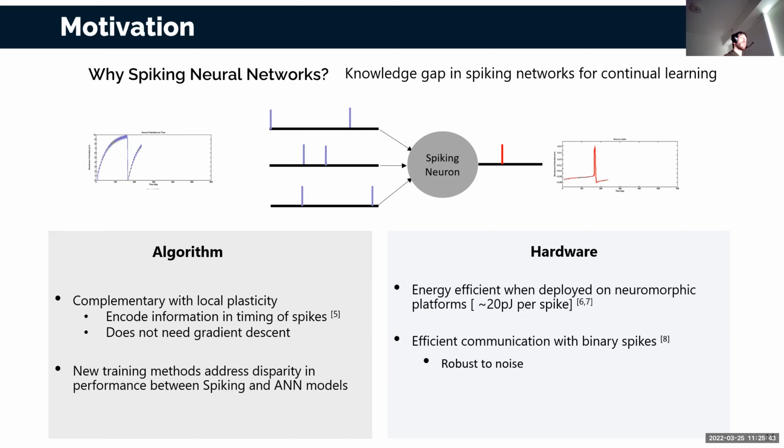So, you have a temporal neuron that is now integrating binary information over time. You have incoming presynaptic spikes, which are these blue pulses. Every time your neuron receives a blue pulse, its membrane potential increases. And once that potential reaches a threshold, your neuron emits a spike, or a red pulse. So you can think of these neurons as communicating with binary information, 1 or 0 at time step t, which indicates whether they have fired or not.